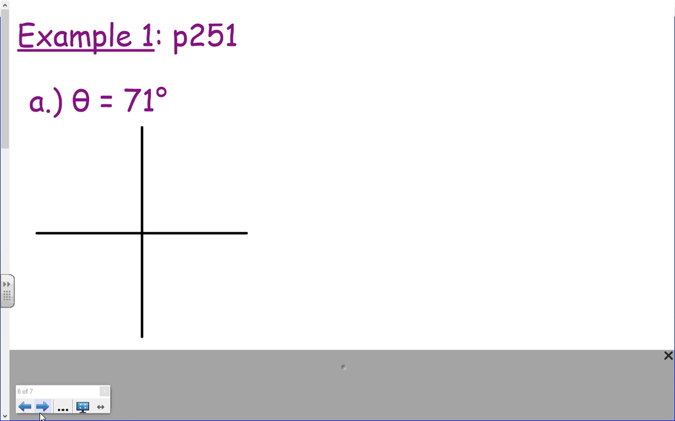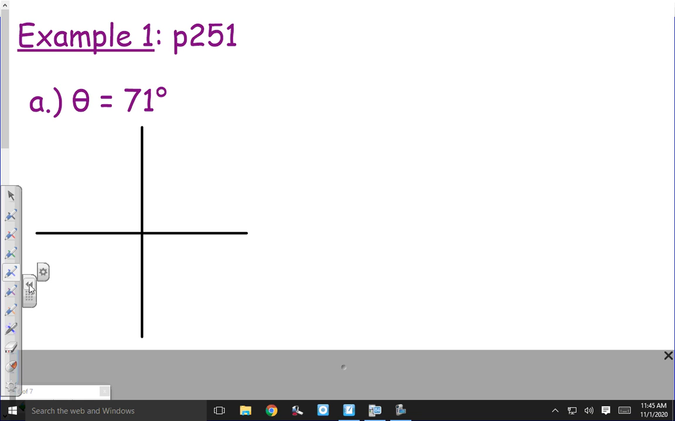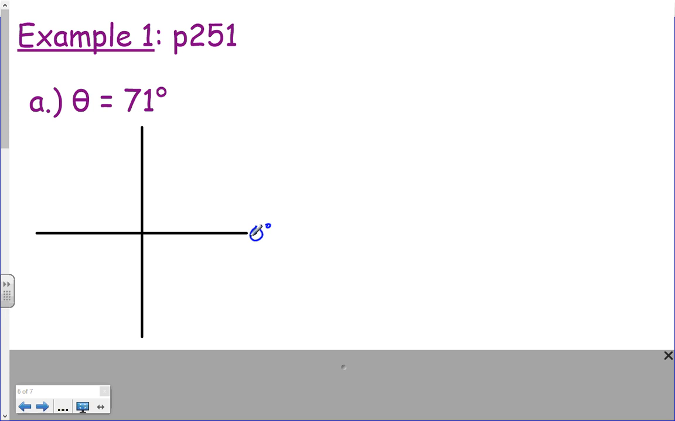All right, take a look at example number 1, which has us actually sketching angles and calculating some reference angles. So a little bit more practice here with sketching angles. The first one here is theta is equal to 71 degrees. So 71 degrees, I know this is 0, I know this is 90. So 71 degrees is going to be somewhere about right here. We'll mark that angle